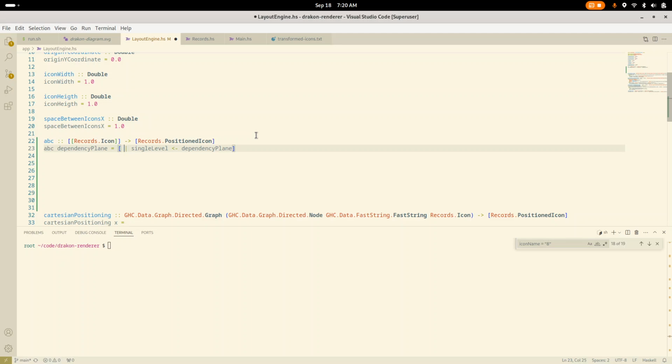So in that case, I believe what we would need is some sort of an index or accumulator that we could assign to the y coordinate of the positioned icon. We know that the x coordinate is always going to be 0. So what would make sense to me is to